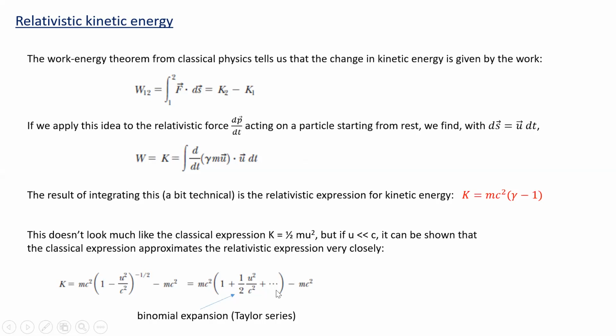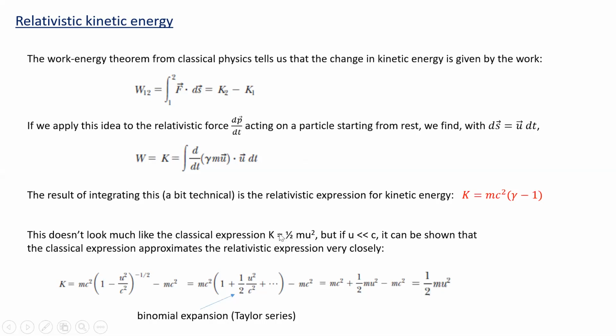But those terms will be very small because u squared over c squared is small itself. So that's a Taylor series to make this expression more manageable. Then let's multiply this out. We get mc squared plus 1/2, and the c squareds cancel here, 1/2 mu squared minus mc squared. So we have mc squared plus 1/2 mu squared minus mc squared, and we just get 1/2 mu squared, which